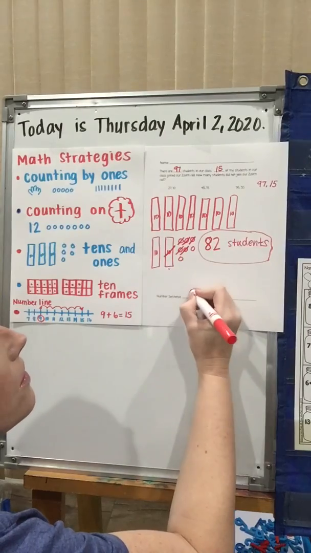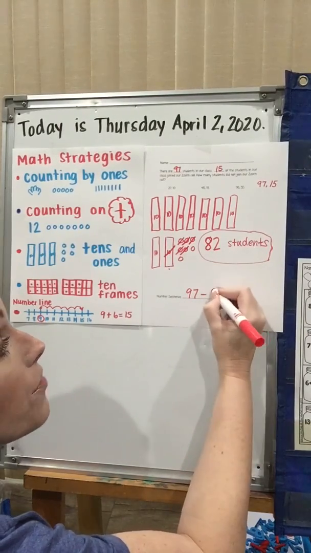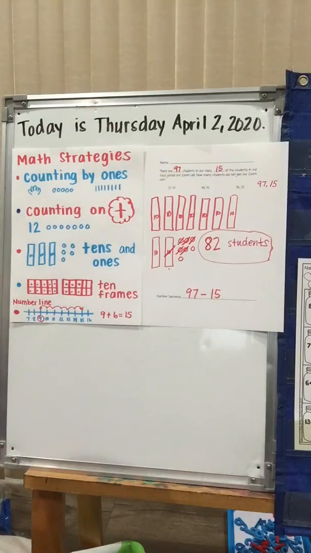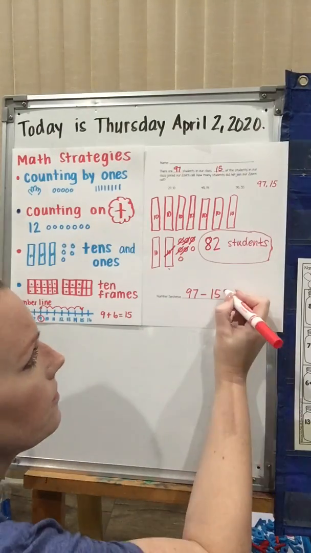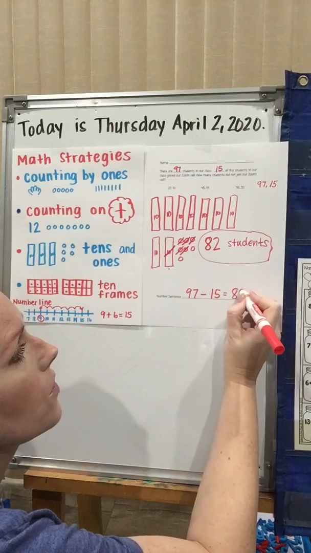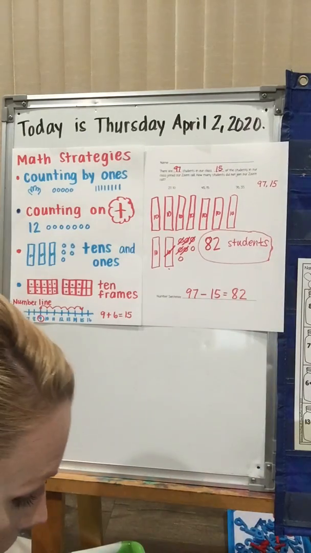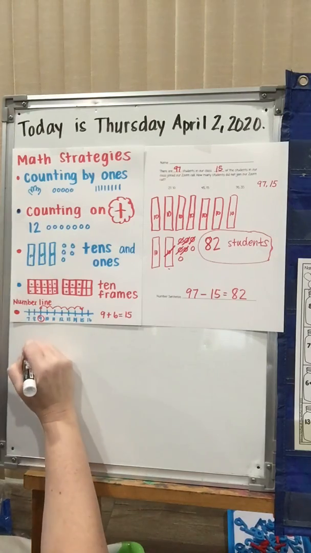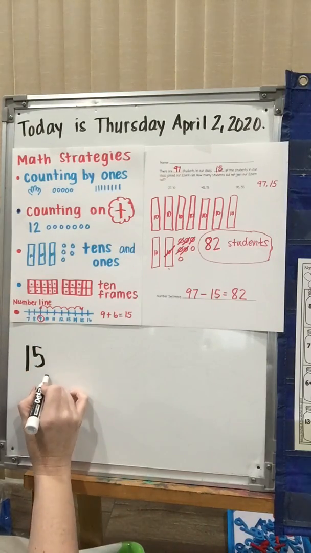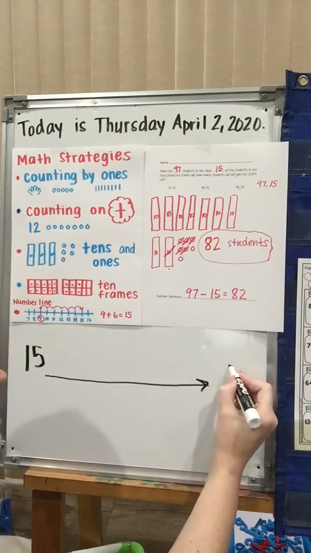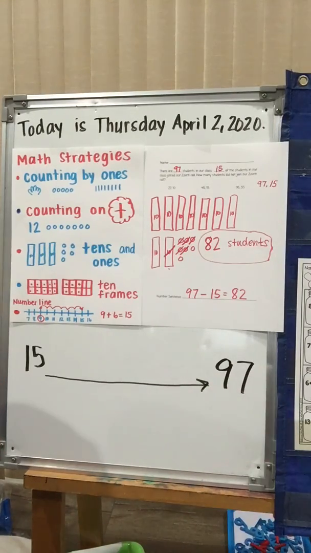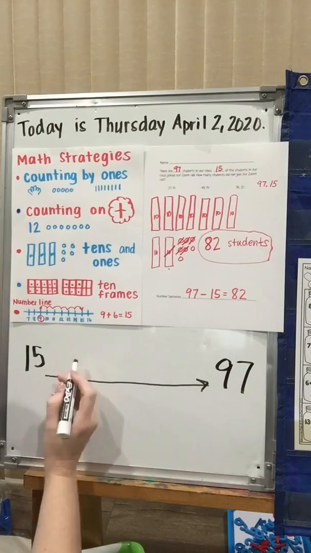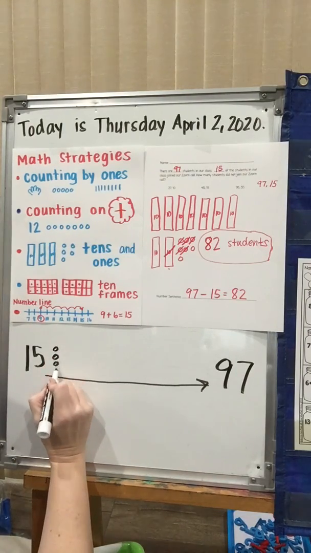And so we started with 97 in our class. We took out the 15 because we knew those are the ones who did call us. And then we are left with 82 who did not call us. And so let me show you a different way to do this. If you wanted to try that counting on, you could do that thing where we've done in our classroom where you start with 15 and you have to see how many more you need to get all the way to 97. So you could do 15, 16, 17, 18, 19, 20,